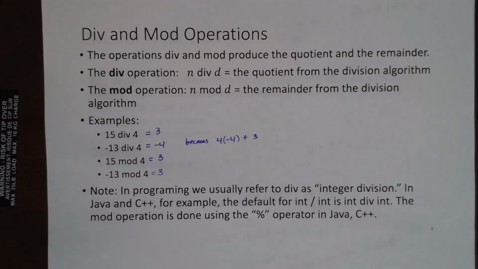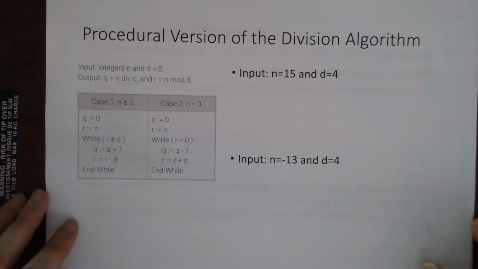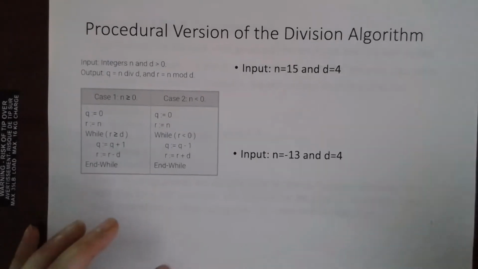So you could try those out in Java or C++ or C or whatever your programming language of choice is, and you'll see that's how they work there. Okay. So we call this the division algorithm. Really, it's just like a theorem that tells us we can always write this, but there are actually some algorithms that we can use to give us the Q and R values,